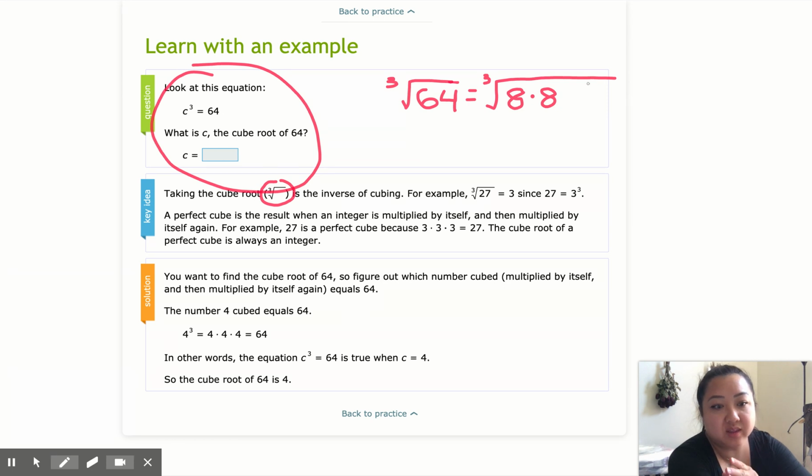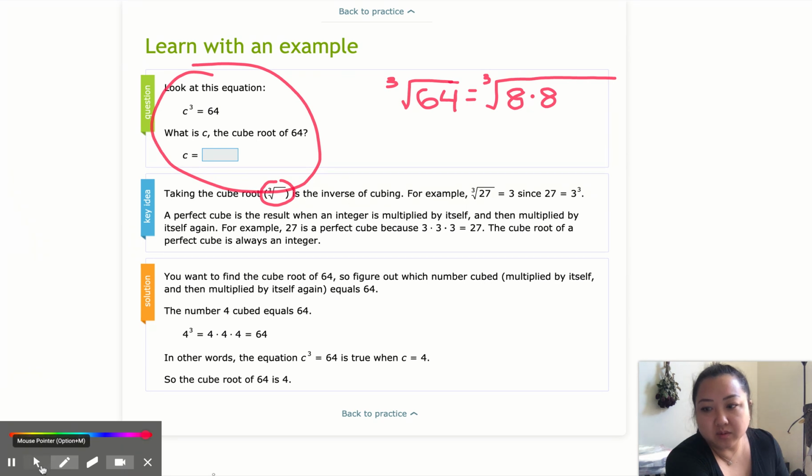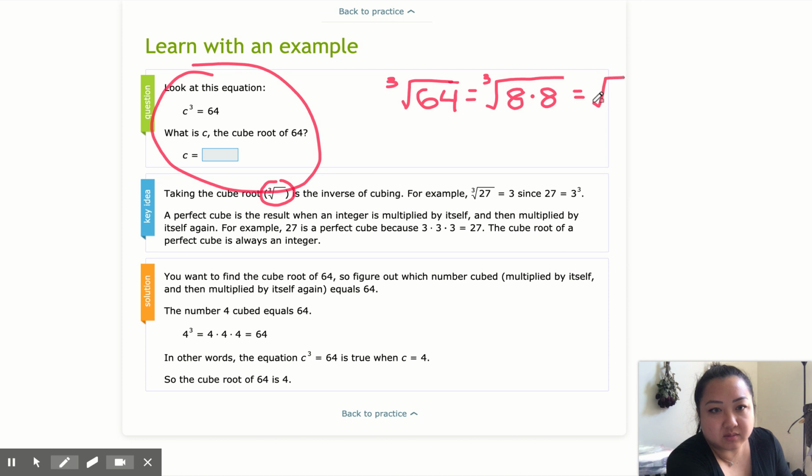Now I just need to keep breaking that down so that I can figure out what number times itself 3 times will give me 64. So now I'm going to, let me just shorten that. Now I'm going to think, okay, well, let's break 8 then. I know 4 times 2 equals 8. And so then if I did that for the first 8, I need to do that for the second 8. I know we have 4 times 2 again. All right. Now remember, this is